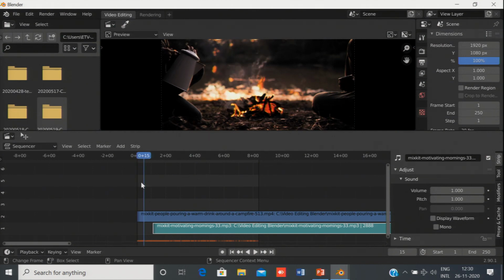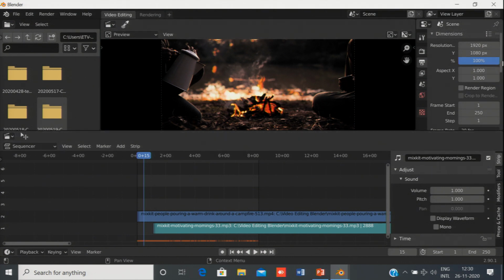This is because of the highlighted area. This is the starting frame and this is the ending frame. So, to view the whole video, we have to set up this area.